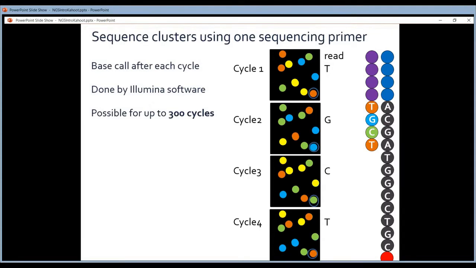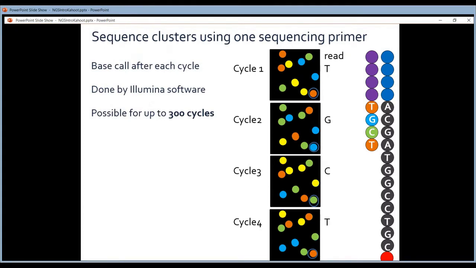So in theory, it is possible to go up to 300 sequencing cycles, but in reality, that's never done. They typically stop after 100 cycles. So 100 cycles, that means that you will get reads of about 100 nucleotides. So the number of bases in your reads, or the length of your reads, is equal to the number of cycles that you do. And that's because in every sequencing cycle you build in one and only one base.